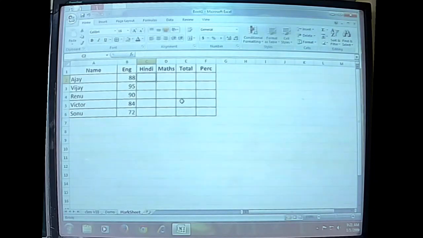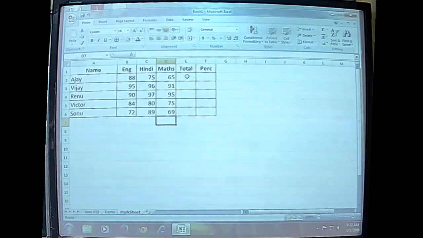Now we will go for the marks of Hindi. Now we will enter the marks of Maths also. Yes, so these are the various marks which are added.